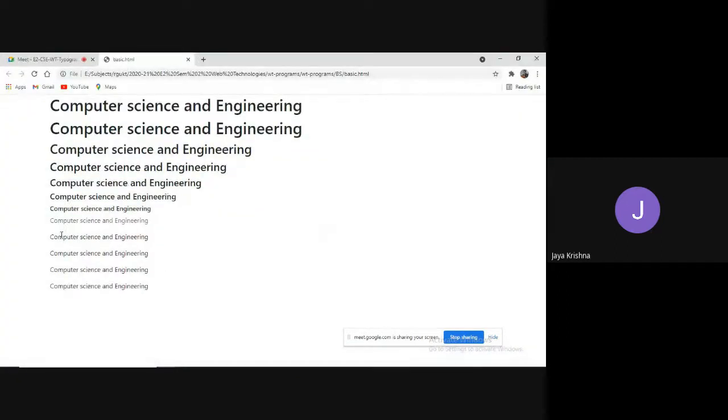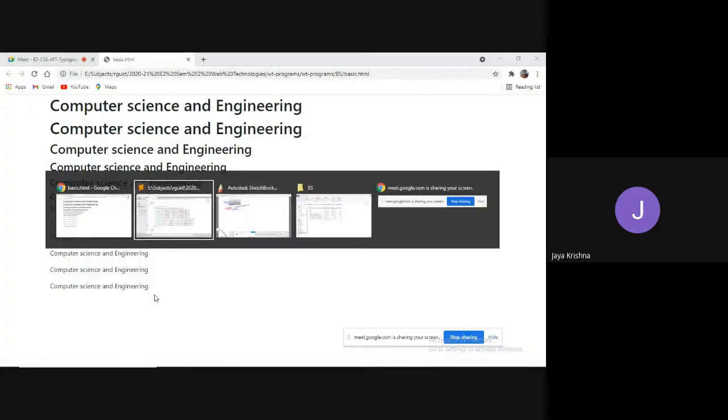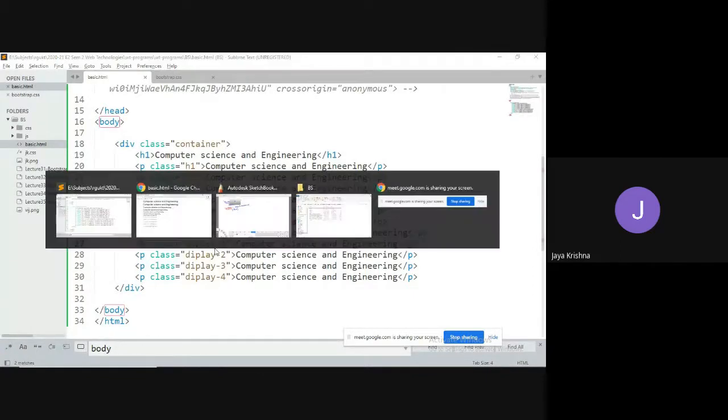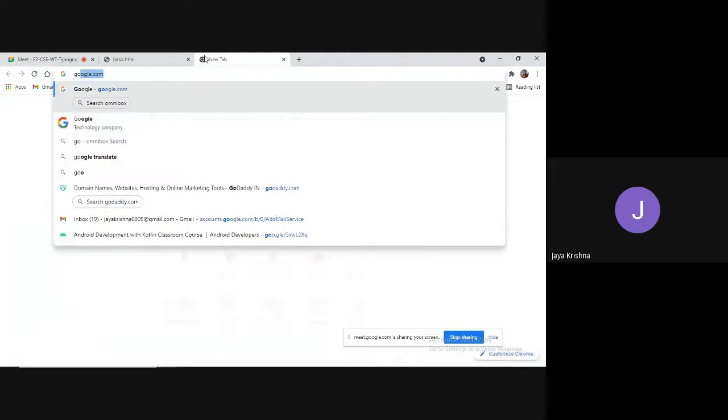Have you observed any difference? There is no difference we observed here, so it means it is not working perfectly, I think.